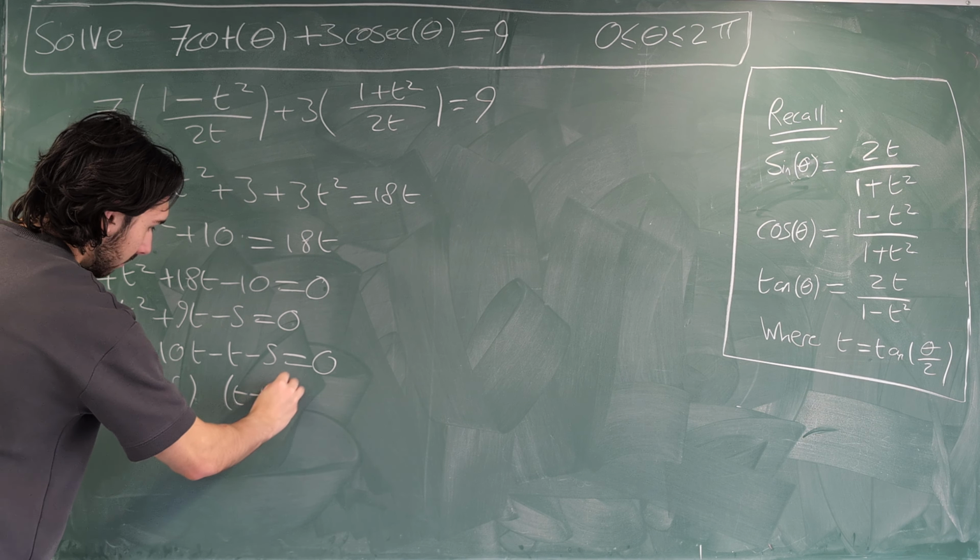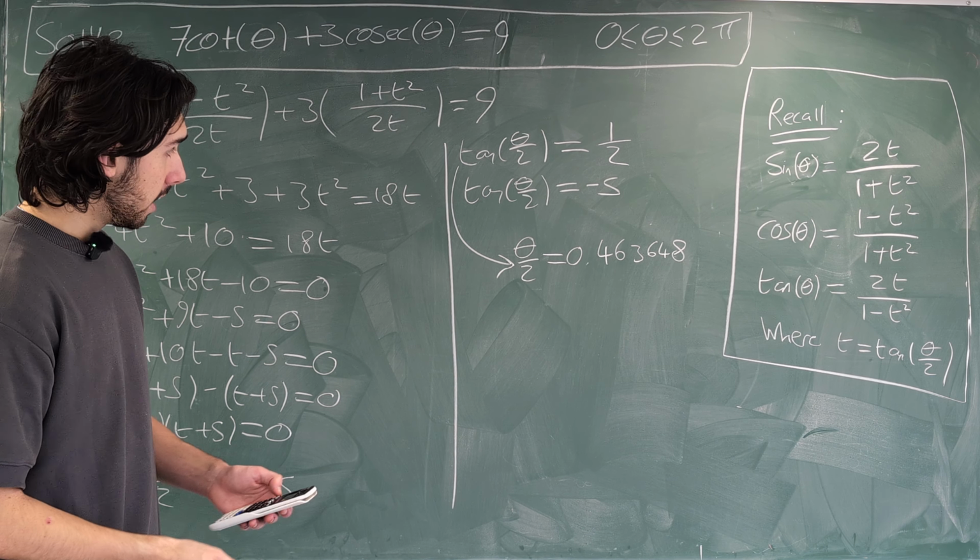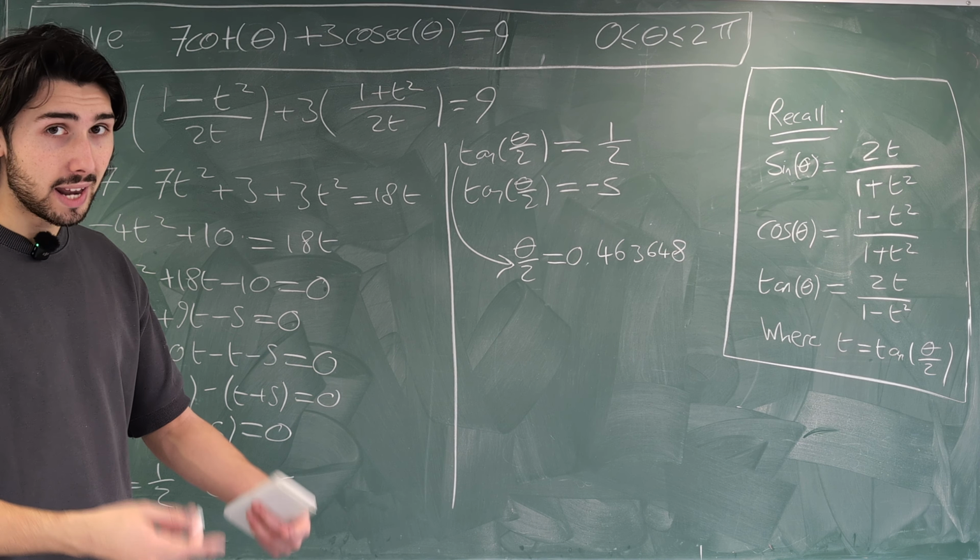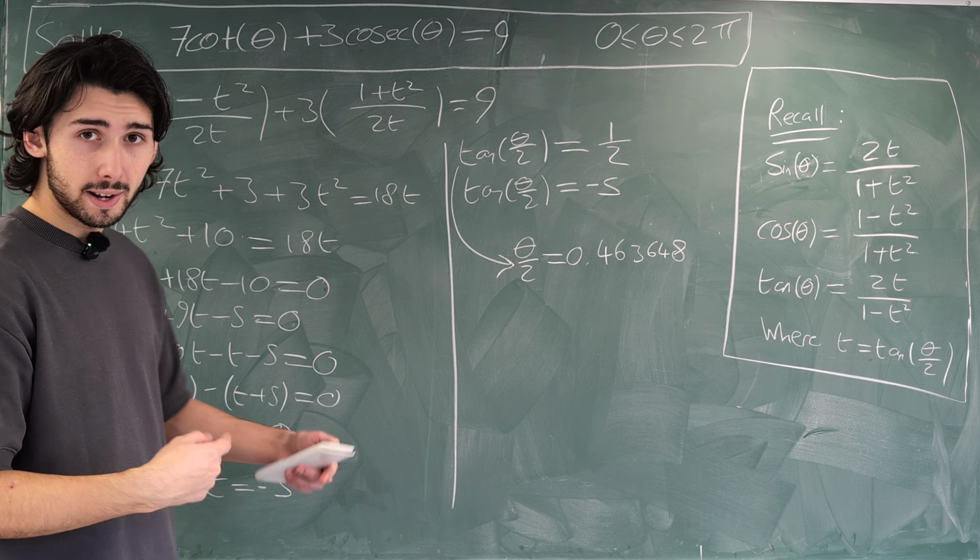Remember guys, with tan, you can keep adding multiples of pi to the solution and it will still be a solution, right? So actually, before I double it, let me do that, okay? Because if you double it and then add pi, that won't work. You have to start adding or taking away pi immediately. So I'm going to do that value plus pi right now. Okay, so another value of theta over 2 would be